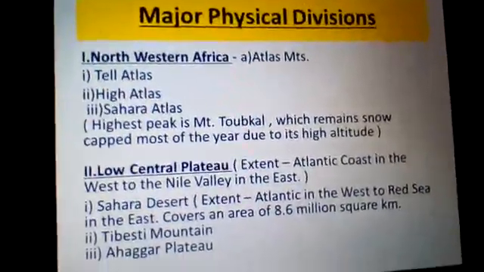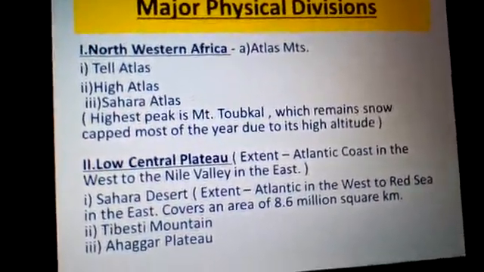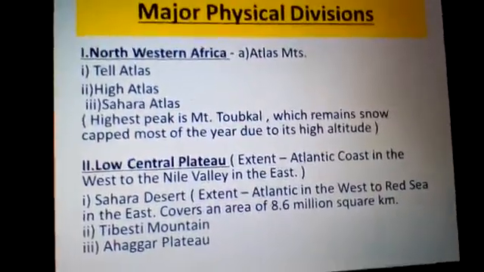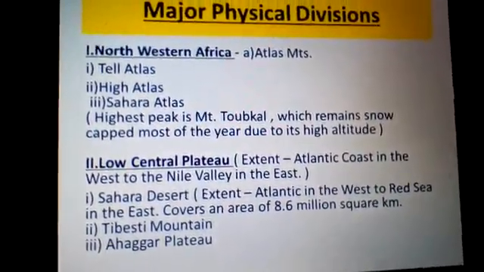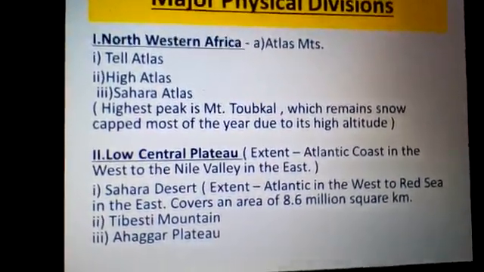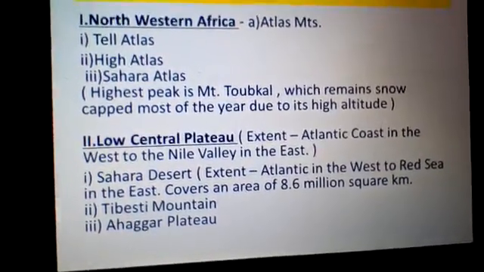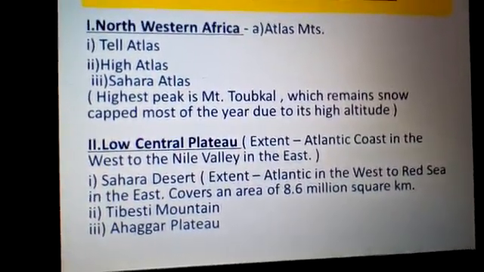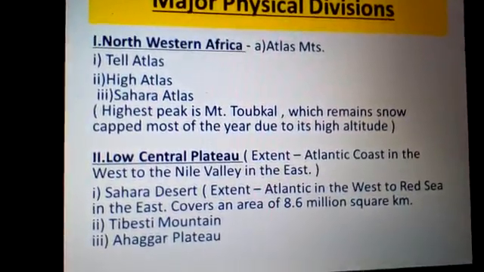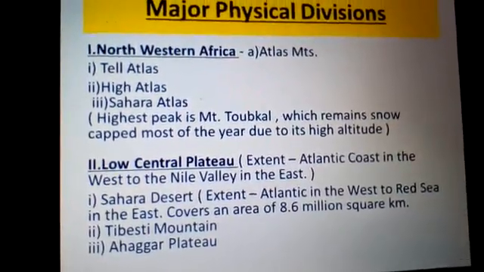After understanding the basic characteristics, we need to understand the major physical divisions. Now, basically, there are five major divisions in Africa that we can categorize. Number one being northwestern Africa. In that area, we only have the Atlas Mountains, and they are the young fold mountains. A very important characteristic to know about the Atlas Mountains is that these are young fold mountains, and they have three parallel ranges. I'll be explaining this on the map right now.